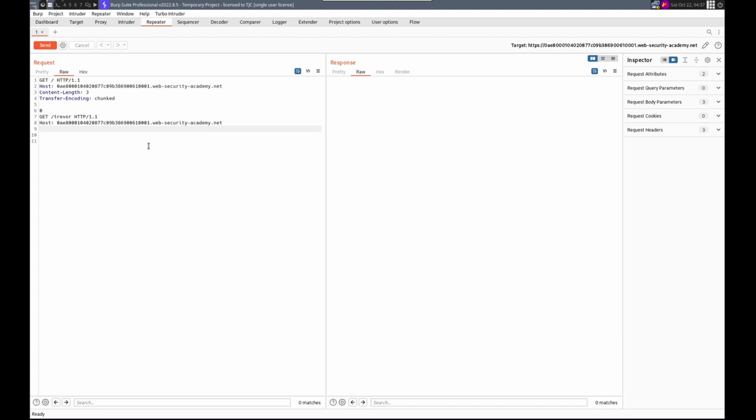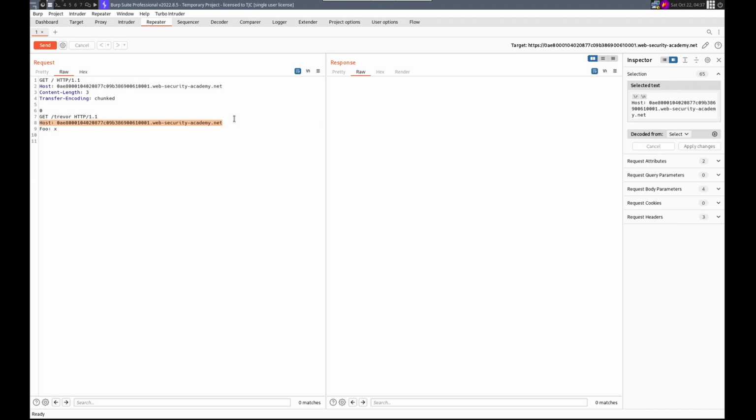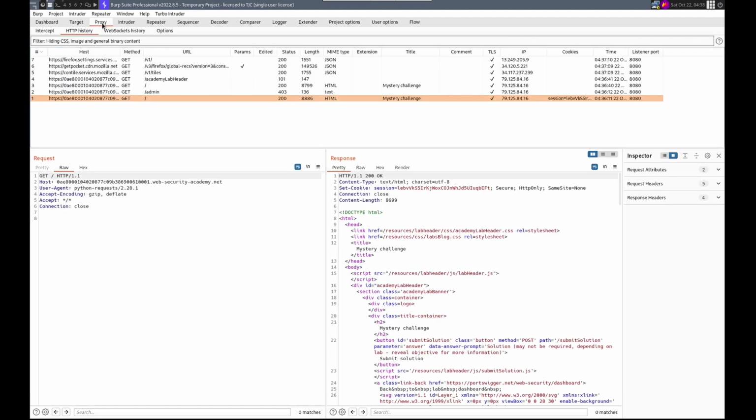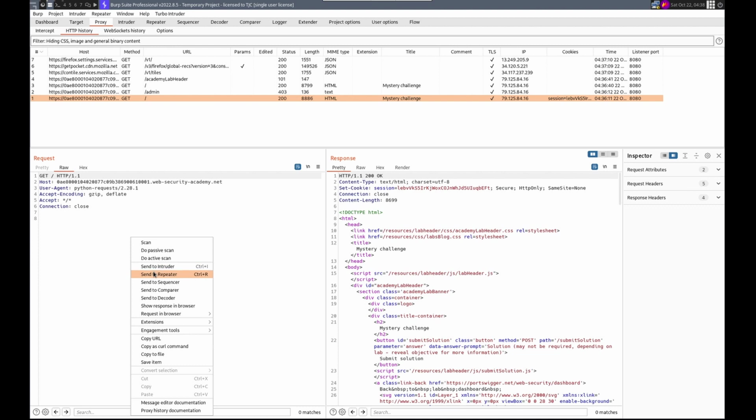And then I want somewhere for the next request to come in. Actually, I don't want the host there. Yeah, I want it like that. So, content length will get automatically updated to contain everything. Front end will see everything. Back end will end here. And this will be held in reserve. So that means that if I send this to Repeater,